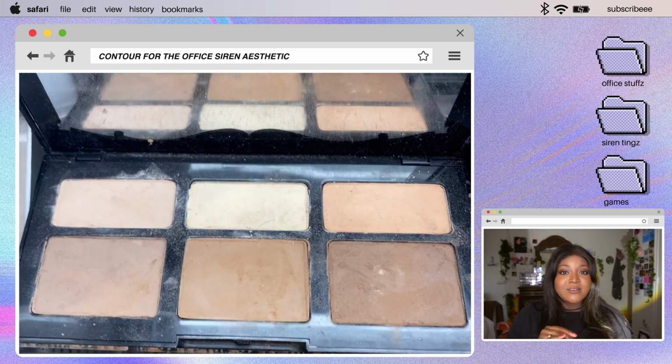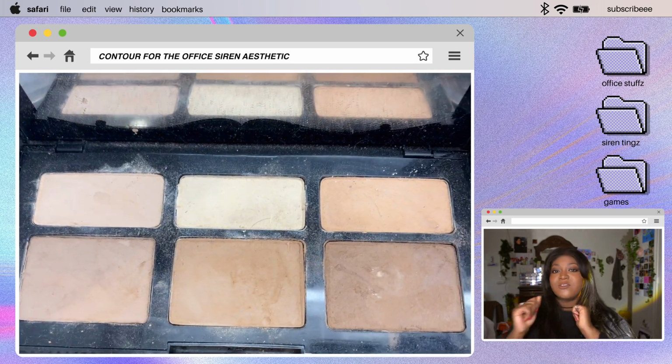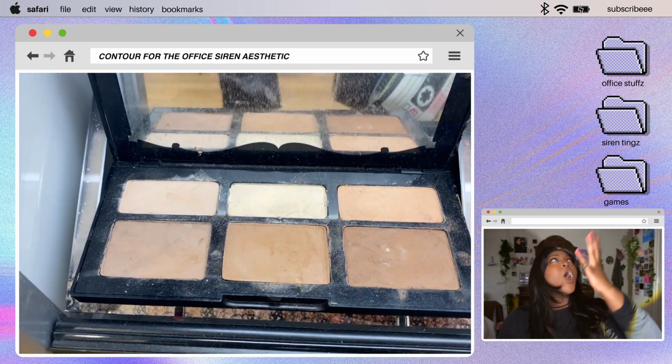And they have their classic Shade and Light palette, which I will show you. This palette is a classic for a reason. It's tried and true. It will sculpt you to the